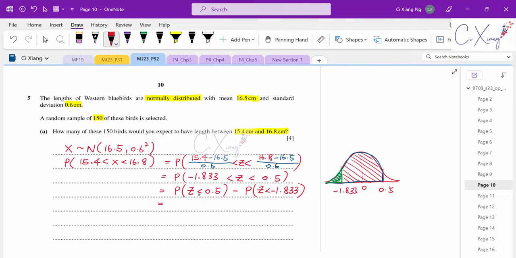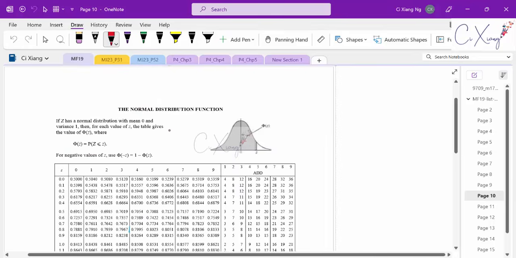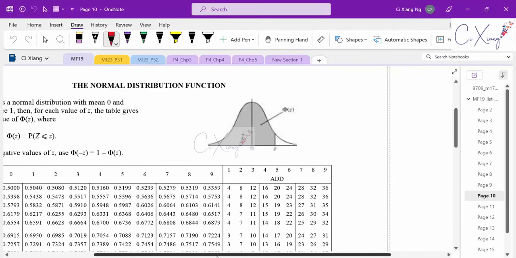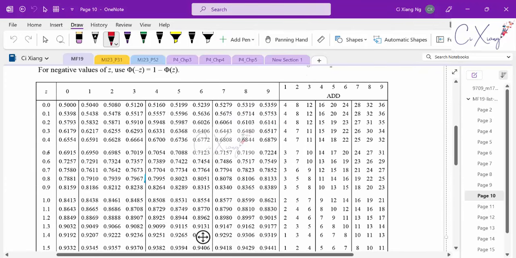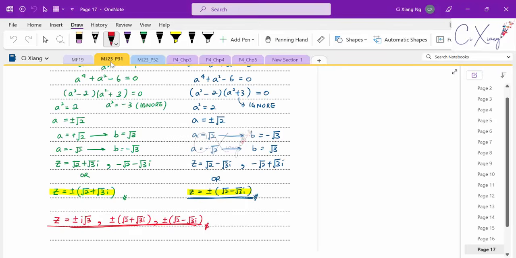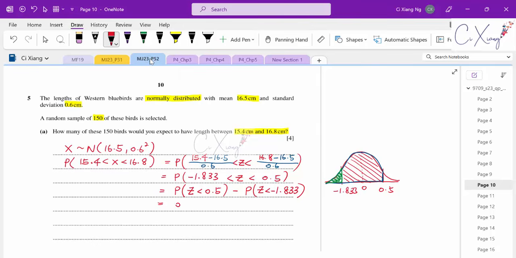Okay, so I'm looking for z smaller than 0.5. Okay, so where is z smaller than 0.5? You will look for the table, then you look for the value 0.5. Z is 0.5, this one, right? So the value for the probability will be 0.6915. Okay, so I'm having this 0.6915. Then minus, okay, so for this green color area here, it is equals to the right hand side area,